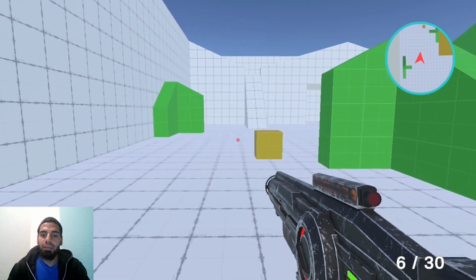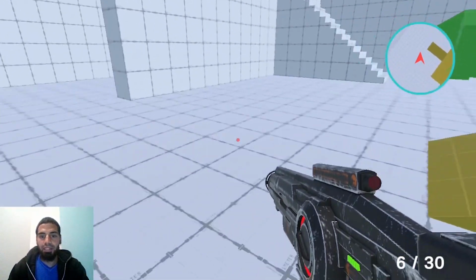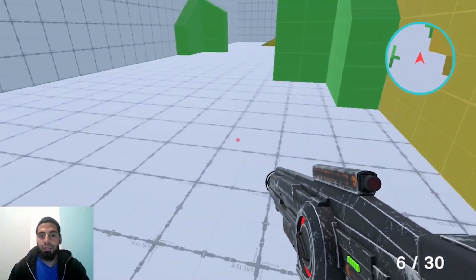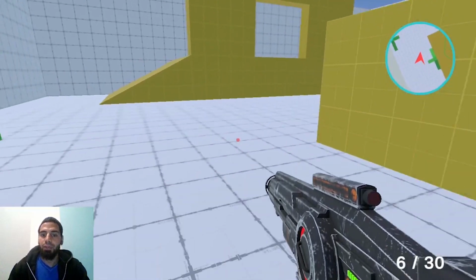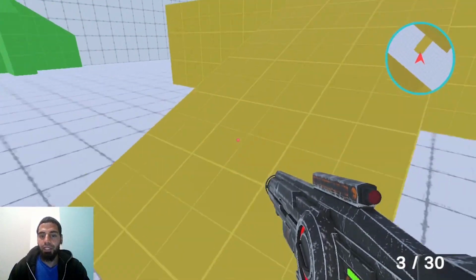So in this video I'm going to show you how to create a simple minimap in Unity. We are going to customize it a bit, so we will change the shape to a circular one. Also we're going to add the border. So I'm going to add it to my FPS game, but you could add it to any one of your